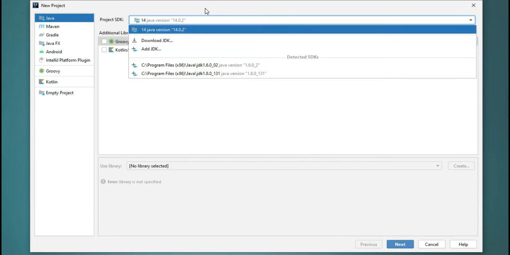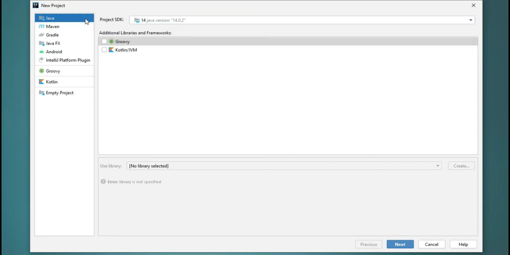So friends, if you don't know how to add a path to the environmental variable, you can see my previous videos. In that I have shown you how to add the path of Java into the environmental variable. Now here you can see there are different types of projects available. You can select the category of project whichever you want. So I'm selecting Java, and here is my SDK, that is JDK 14, and then I'm clicking on the next